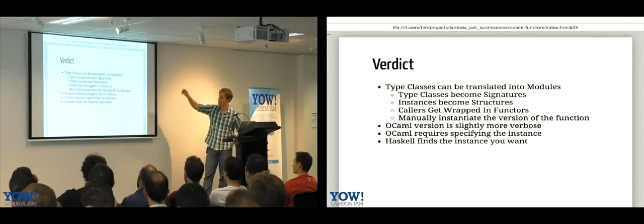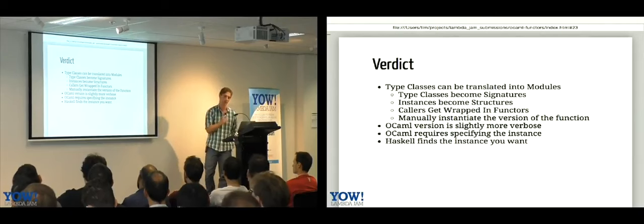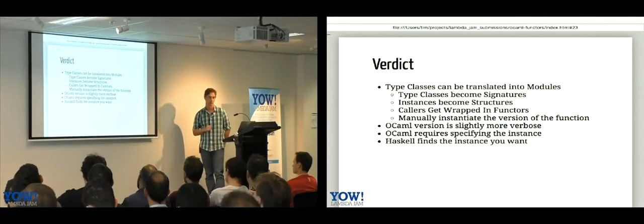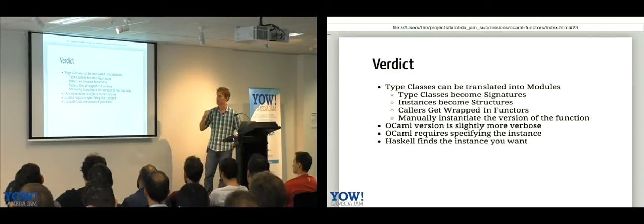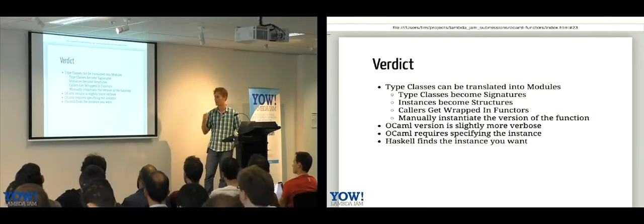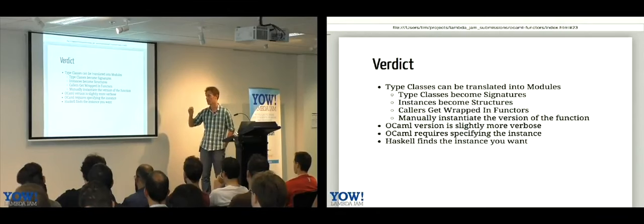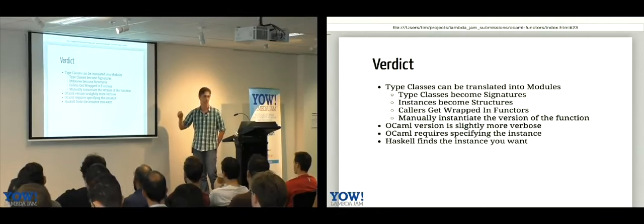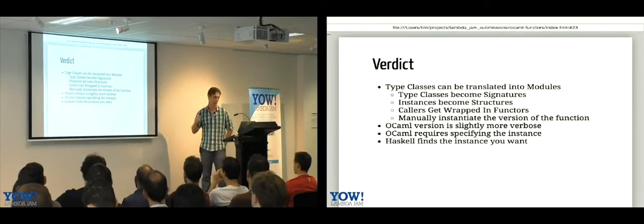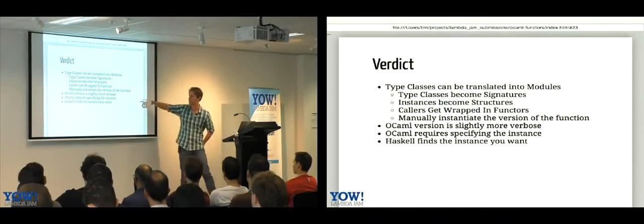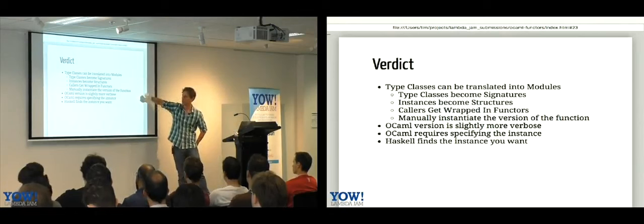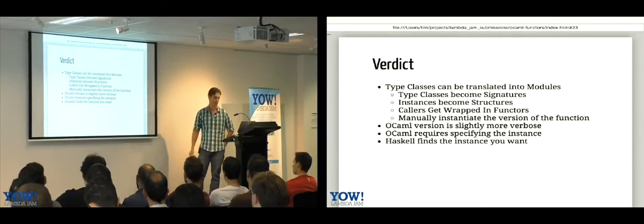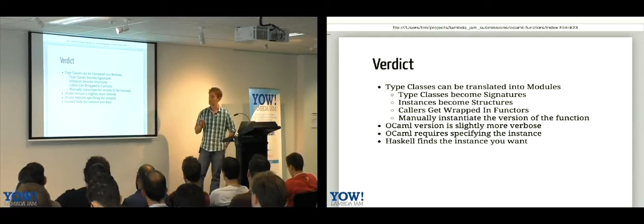But what you notice when we're going through all these is that the OCaml ends up being a lot more verbose. And I suppose in a less simplistic example, like JSON encoding and decoding, the Haskell would end up being a little bit more verbose because you'd have to write that instance of the type class. But still, it's more verbose. It's kind of nasty where you have to wrap the things in functors and instantiate them with a particular version of the functor. But you can do it, and it's not too terrible